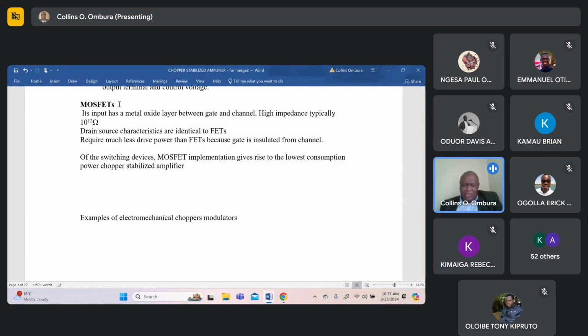So drain and source is identical to FET, but the connection between the gate and the channel is different. There's a metal oxide silicon layer between its input and the channel. And this gives rise to an input impedance typically of about 10 to the power 10 ohms. Sorry, 10 to the power 12. For FET, it was 10 to the power 10. Because of this insulation layer,